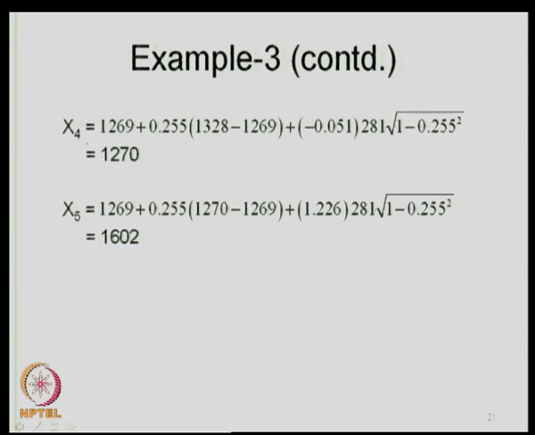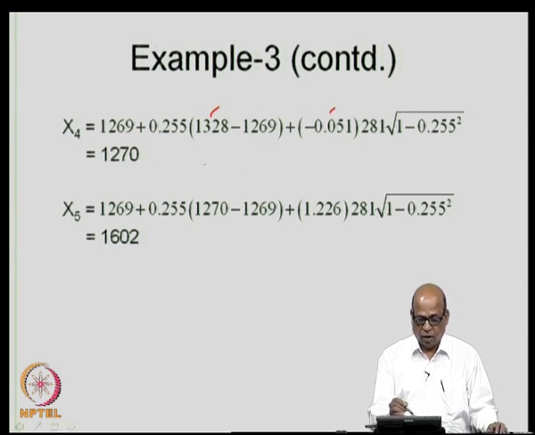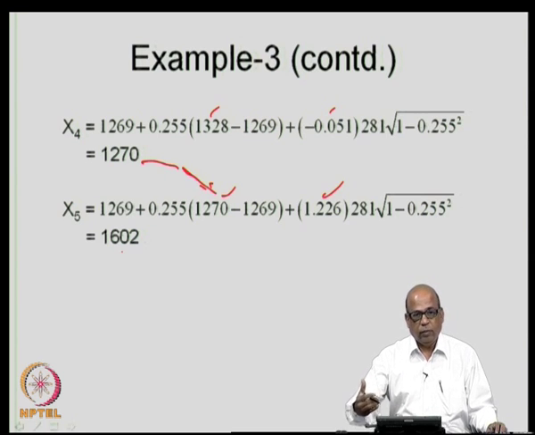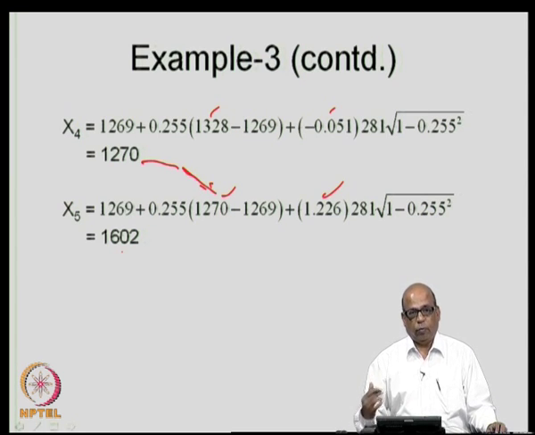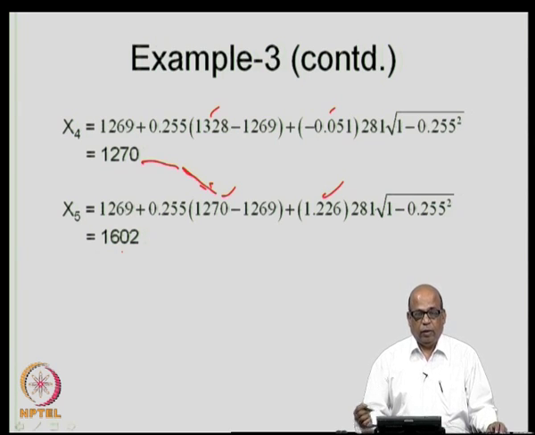Then using x 3 you generate x 4 now. X 4, this number has changed and this number has changed, all other numbers remain the same. So, you get x 4. So, similarly x 5, you use x 4 to generate that. So, x 4 was here. So, this number changes, this number changes and you get x 5 and so on. So, like this you can generate thousands of values using the first order Markov process.